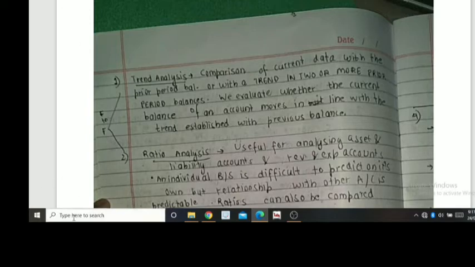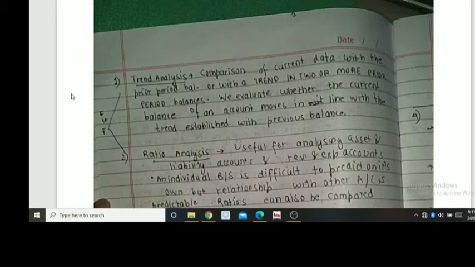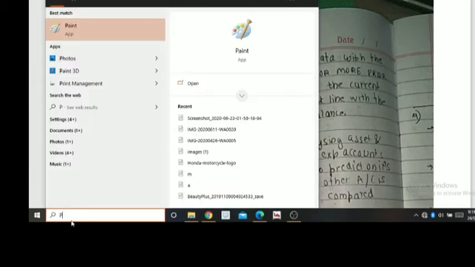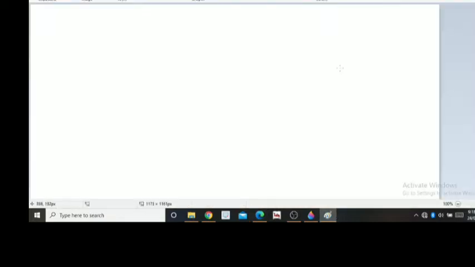अब इसमें हम लोग क्या देखते हैं, बेसिकली इसमें हम कंपैरिजन करते हैं अपने करंट ईयर डेटा को एंड जो हमारा प्रीवियस ईयर डेटा होता है, या फिर हमारा क्या ट्रेंड रहा था इन द प्रायर पीरियड बैलेंसेस, पिछले सालों में क्या ट्रेंड रहा था. So basically what do we do? We compare our current year data with the prior period balances, or we compare 2 or more prior period balances. In that way we are able to discover whether the current balance moves in line with the trend. That means, is the trend the same or has it changed?